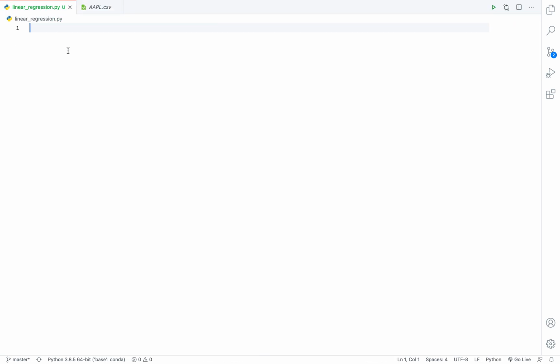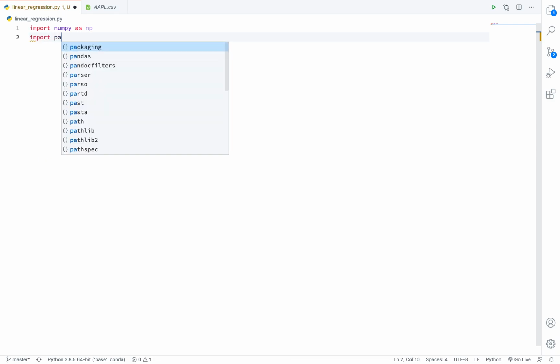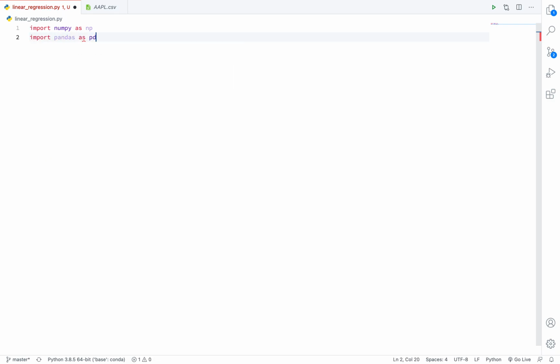So we will use NumPy and Pandas. We will not use the linear regression class from the sklearn package. We will try to code our own linear regression function. So let's start. First import NumPy, then Pandas,